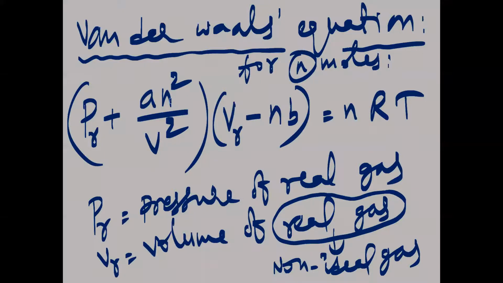n is the number of moles. And what is a here? a is called the van der Waals parameter or van der Waals constant. b is also a van der Waals parameter. a represents the intermolecular attractive forces between the gas molecules. And b indicates the volume of the gas molecule, that is, the size of the gas molecule. So pressure of real gas plus some pressure correction is added, and volume of real gas minus nb, the volume correction, is equal to nRT. Is that clear now? Let's take the screenshot of this.